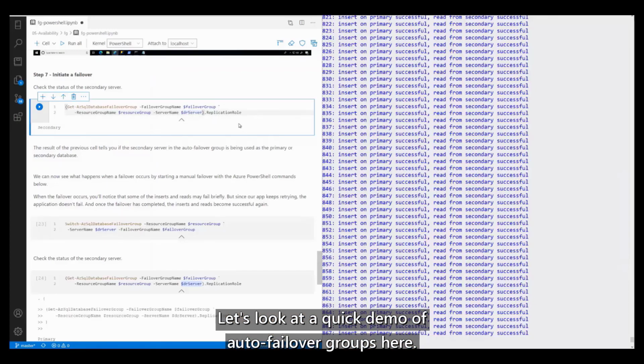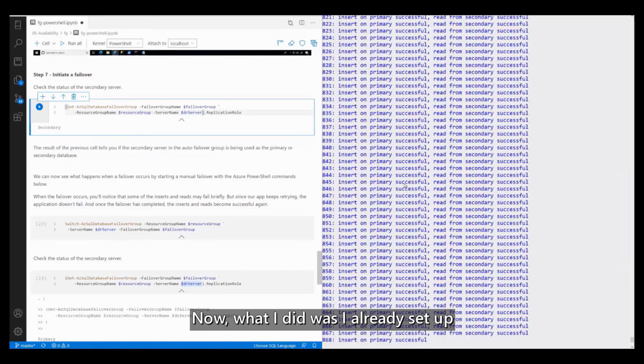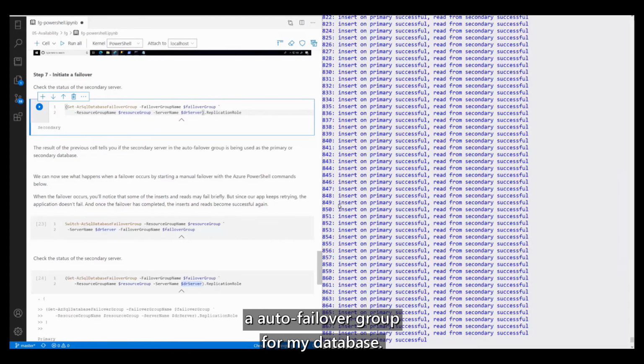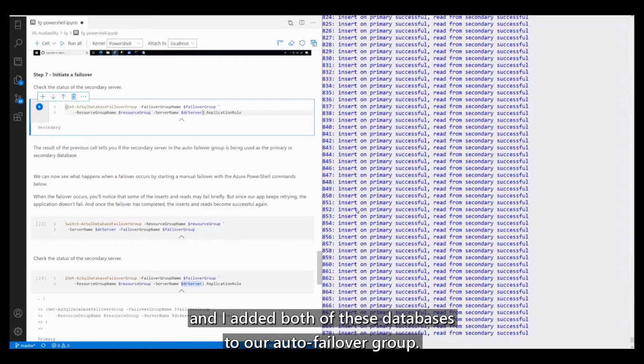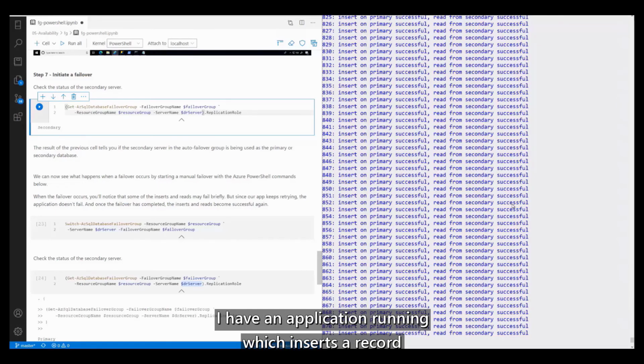Let's look at a quick demo of auto failover groups here. Now what I did was I already set up an auto failover group for my database. That is, I have a primary database in one region and I have a secondary database in another region. And I added both of these databases to an auto failover group. And I have an application running which inserts a record on the primary and reads the same record from the